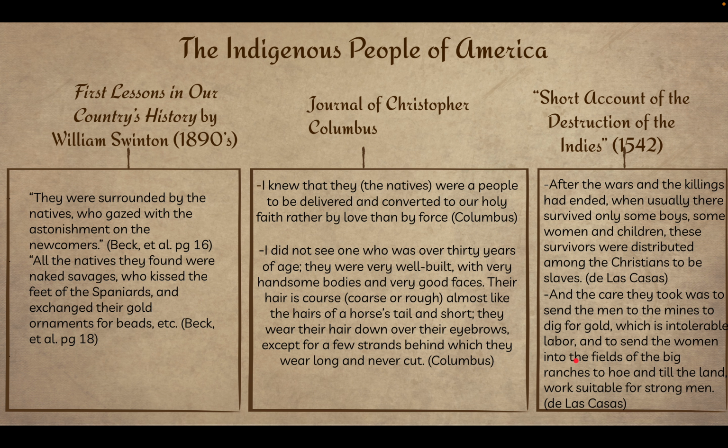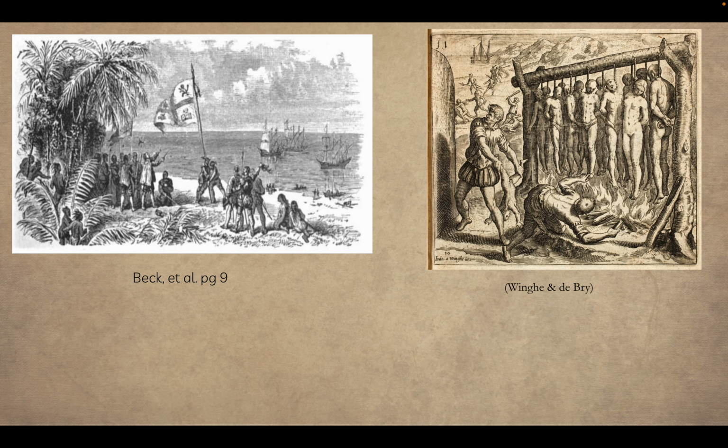And in my opinion, William Swinton's textbook is not reliable overall. Many times when we compare this resource to many others, especially in this instance, it shows there's a significant contrast in what is stated. And now let's compare these two images here. See, with Swinton's textbook, you can see that this is very peaceful. There is no violence in this drawing, and it looks like everyone is pretty much happy. While, unlike here,